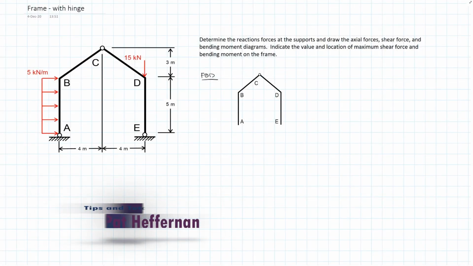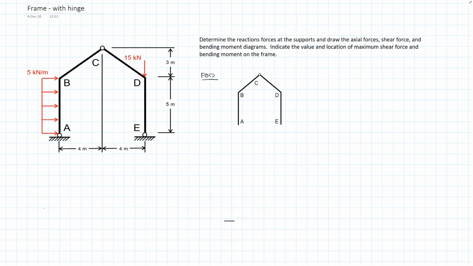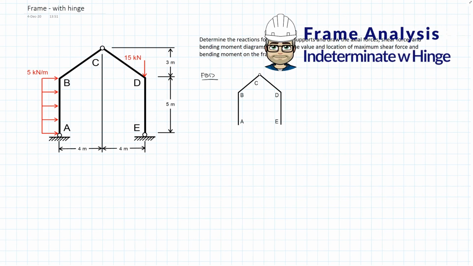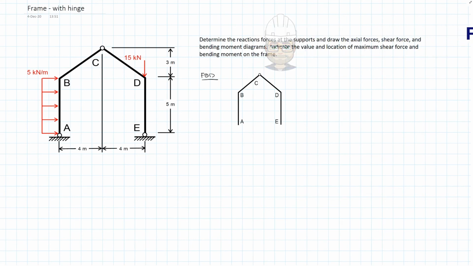Okay, so this morning we're going to tackle the problem of a frame, and in this case, a frame which, on its first look, seems to have more reactions than it has equations of static equilibrium. Now, the specific of this particular frame is that it introduces a hinge, and that hinge, shown here at the apex, is going to allow us to use the method of sections and break it out and to solve for our reactions effectively by providing a condition that gives us an extra equation, if you will,